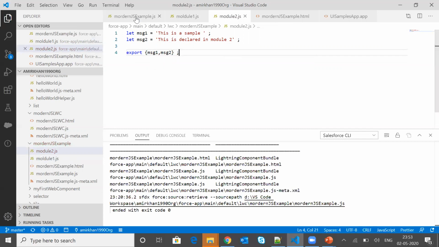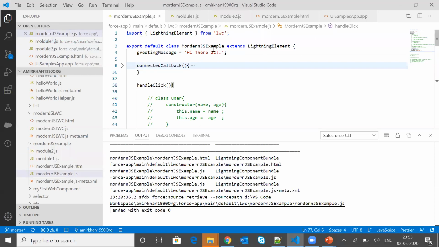Now in the javascript.js example.js we will have to do the import, like the way the LWC got imported here. So import, and import of what?